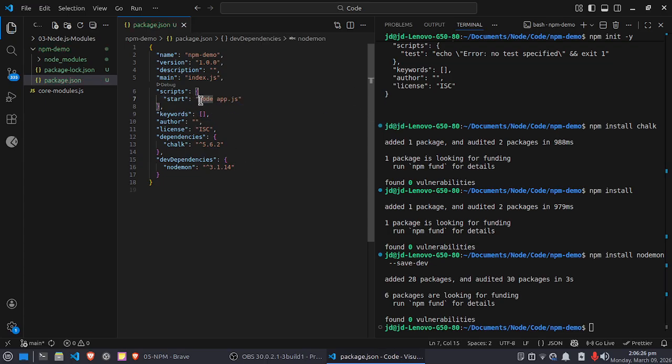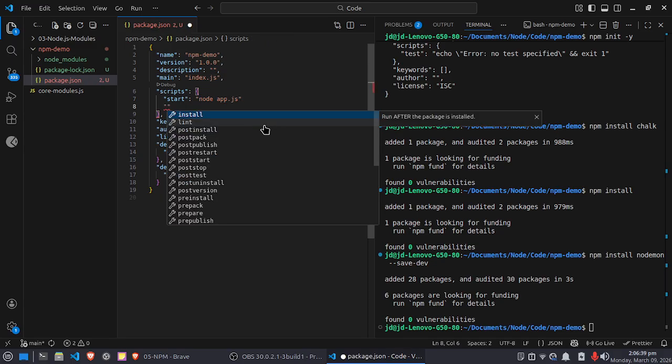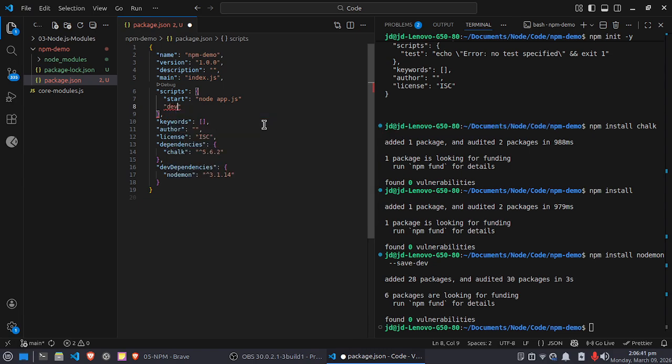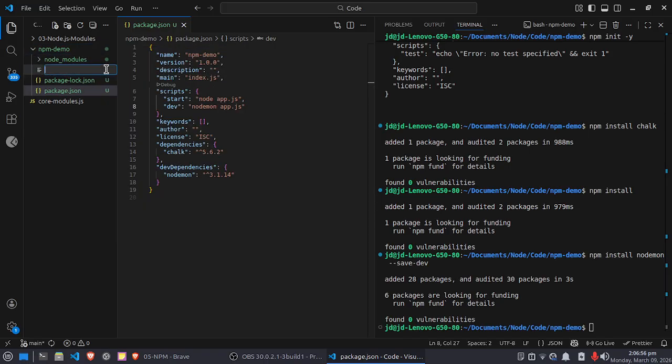So how can we run a single file? By using node app.js, or the file name. This is basically the default command for running a JavaScript file, but we can also write a script here for development. This is an object, so that's why it's given like this, and here nodemon app.js. So let's create a file inside this npm demo folder